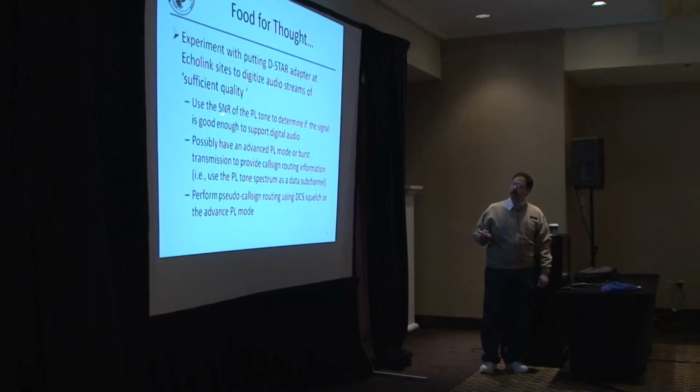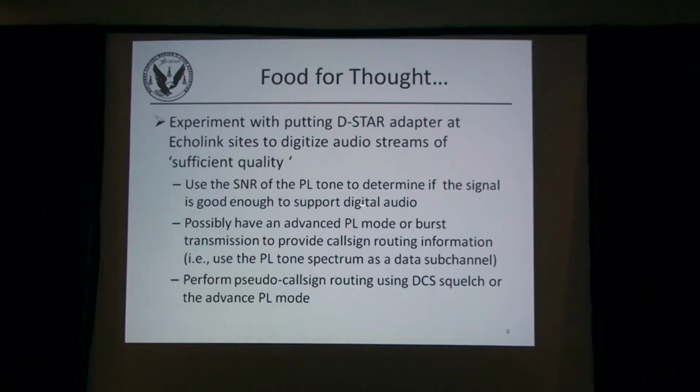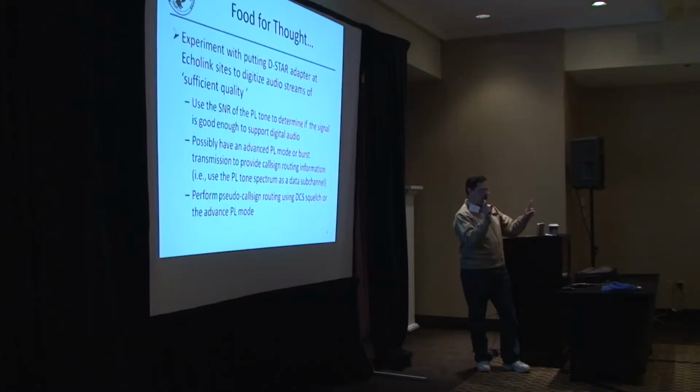So the thought that I had was, with our analog radios today, we can transmit a PL tone. One of the thoughts was maybe we could use as a signal quality metric the signal to noise ratio of a PL tone. The PL tone is just sitting below the voice passband we're working with, and maybe we could do some very simple little DSP thing to look at signal to noise ratio and say anybody below that point doesn't have a good enough signal to get in.